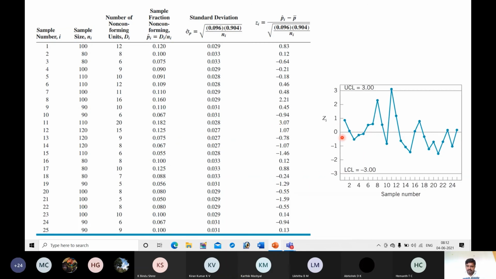Here we are not determining control limits using any equation. We are considering it in terms of plus or minus 3. 0 is the center line, -3 is the lower control limit, and +3 is the upper control limit. Then we will evaluate these points. Here also, for sample number 11, one point is outside the control limits, so the process seems to be out of control. Like that we can